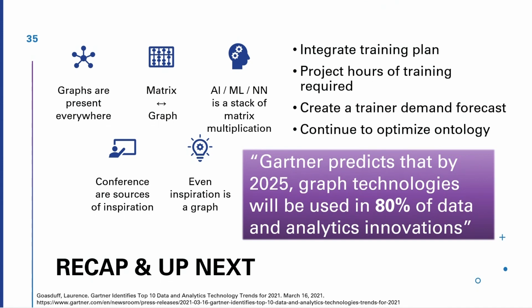And finally, Neo4j loves to put this quote up here from Gartner, so I'm going to throw it up as well. But they projected that by 2025, graph technologies will be used in 80% of data and analytics innovations. And as much as this might not be inherently obvious in all the discussion going on, there is a lot going on in that field with generative AI, as well as using graphs to ground generative AIs. So even if it's not making the headlines, look for it. You'll actually find a lot of articles about how it's being used.